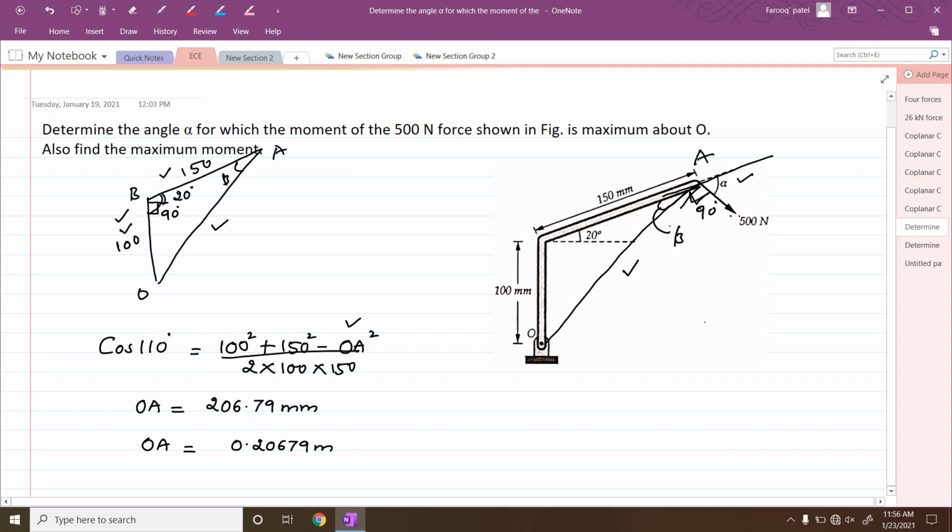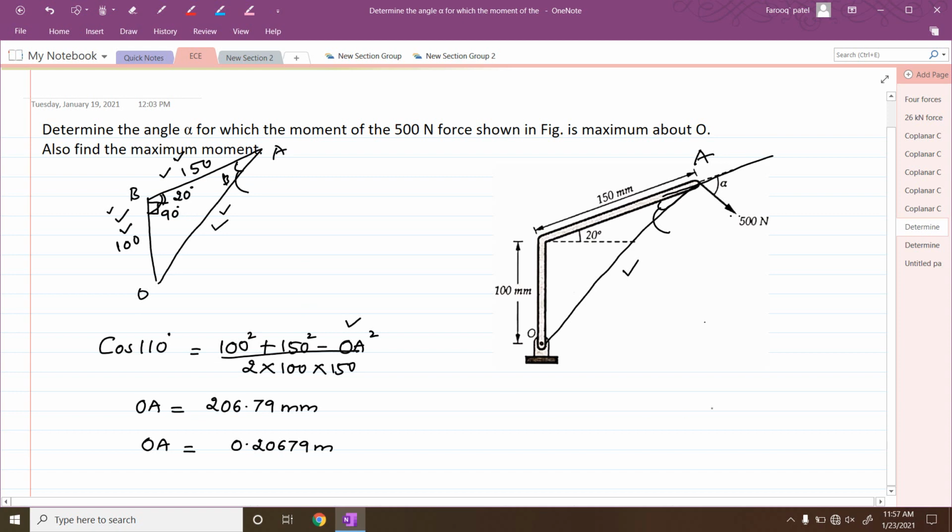So based on that, first let us try to calculate the beta value. Based on that we can calculate the value of alpha. So in this way we can do the calculation. Now how to calculate this beta value? We know one side, two sides, this angle, three sides, and the angle. So based on this, let us try to calculate this beta value.